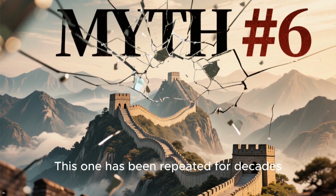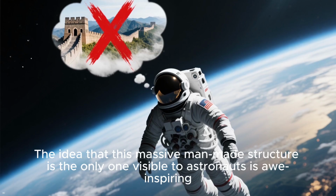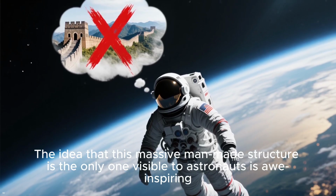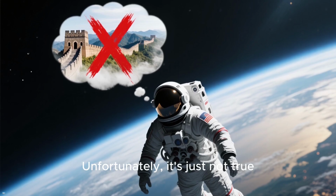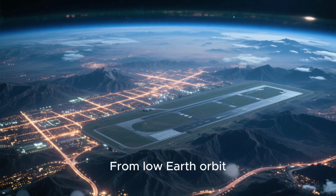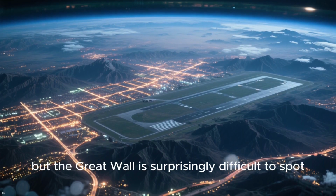This one has been repeated for decades, even making its way into trivia games and textbooks. The idea that this massive man-made structure is the only one visible to astronauts is awe-inspiring. Unfortunately, it's just not true. From low Earth orbit, you can see lots of man-made structures, like highways and airports, but the Great Wall is